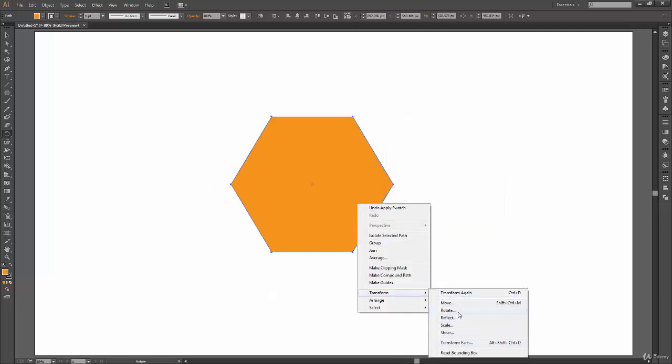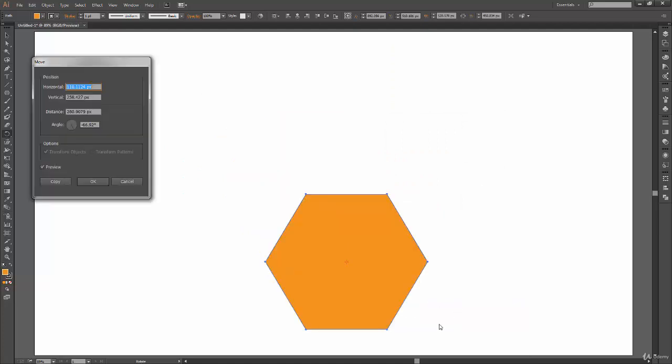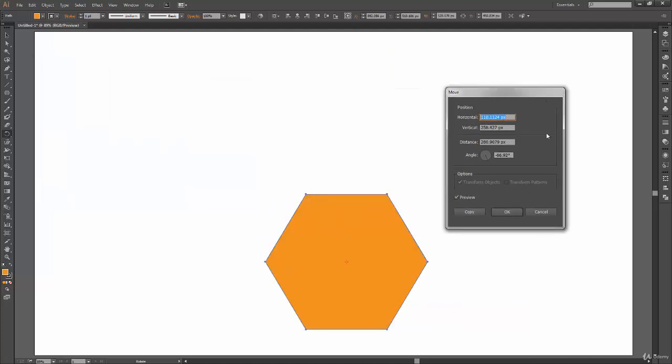Now the new thing we have here is move, which is a little different because we haven't covered it before. You can change your value for the horizontal and vertical direction, and it will move your shape by that many pixels.